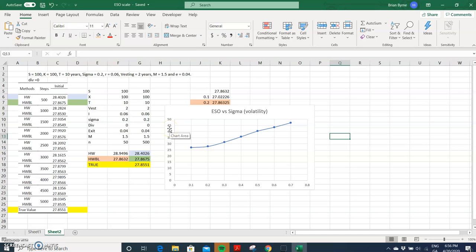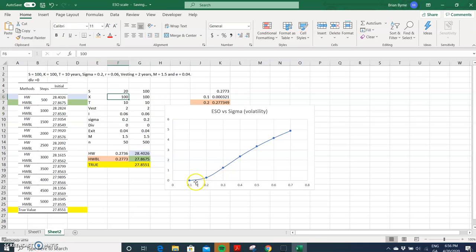So the value of the option tends to go up by quite an amount. We go from $25 up to $45. That would be less significant if we had started here at $20. The magnitude of increase would have been a little bit smaller, so we would have gone from maybe close to $0 up to $5 if